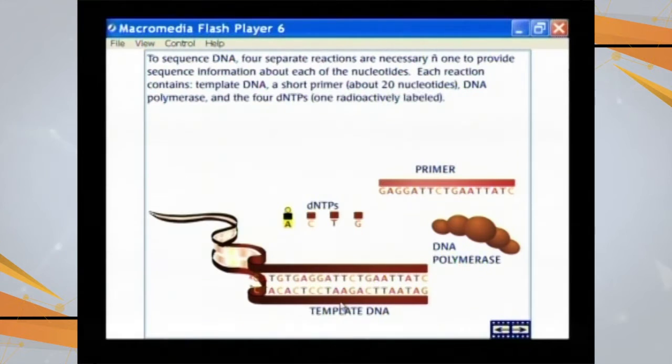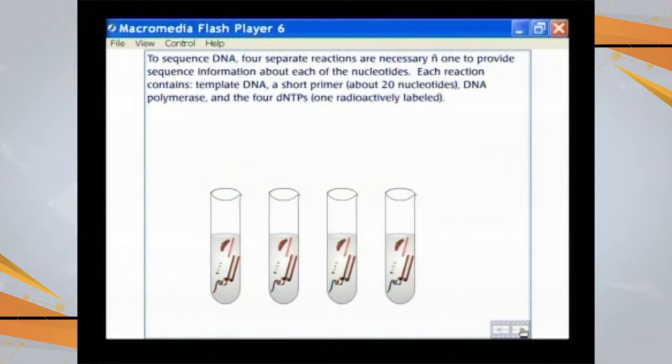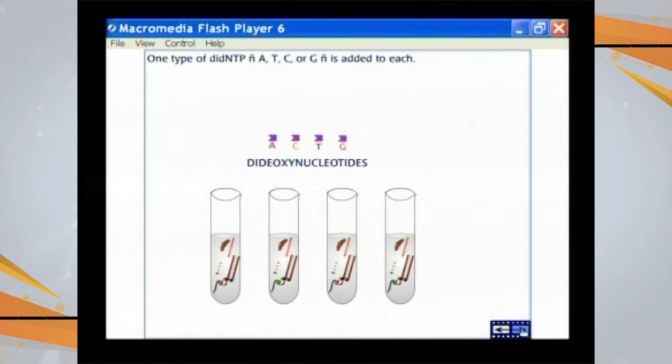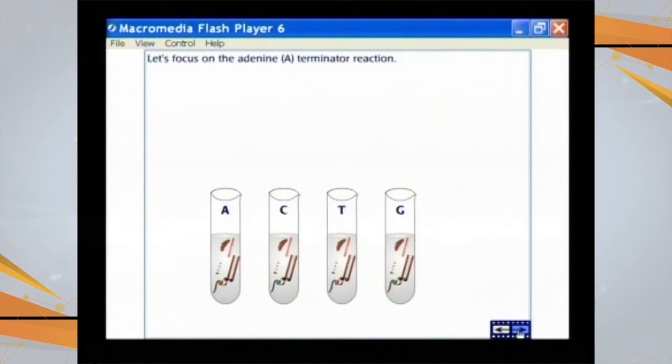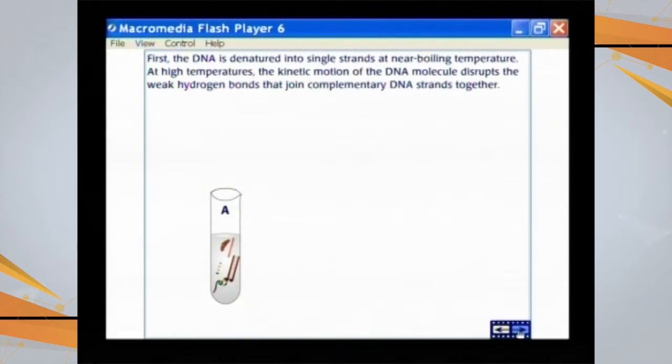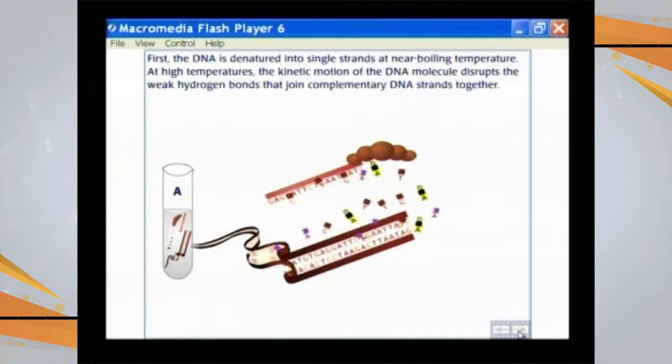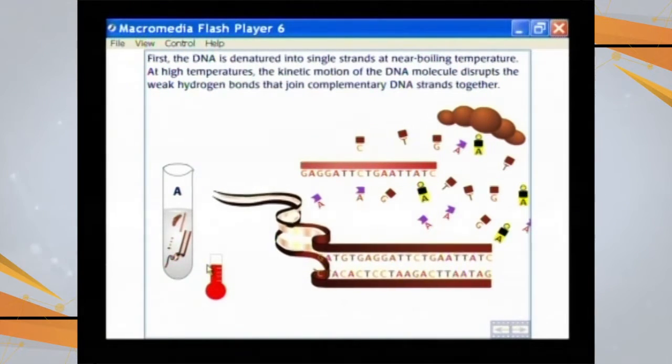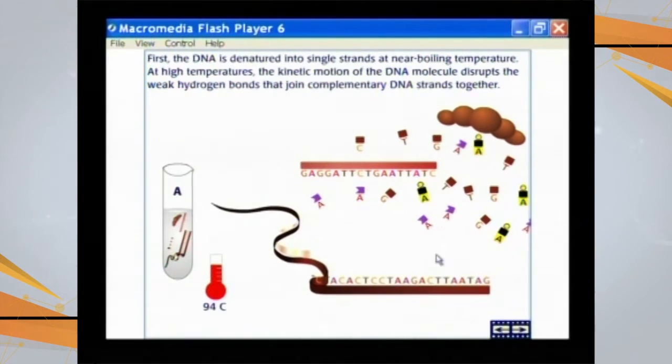First we are going to use this DNA template over which we want to know the sequence of the bases. Then we are going to place them in the 4 test tubes. In each of these test tubes we are going to place dideoxynucleotides A, C, T, G. So all of these are placed there, and now let us say, just considering only the adenine out of these 4. We are going to heat it at a specific temperature, as a result of which weak hydrogen bonds are going to break and double stranded DNA is converted into single stranded DNA.